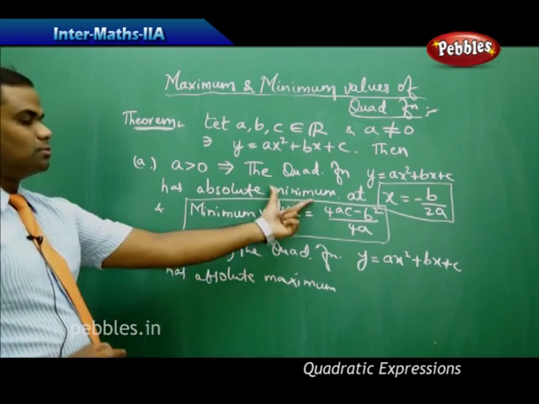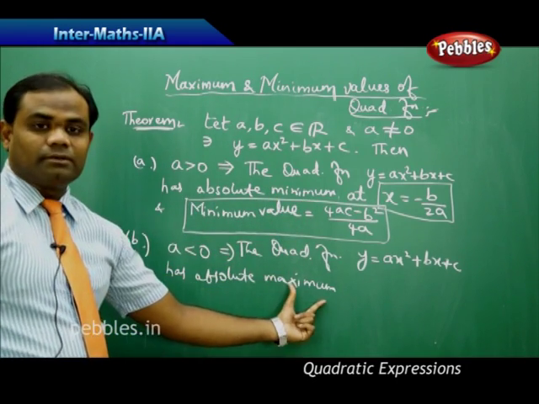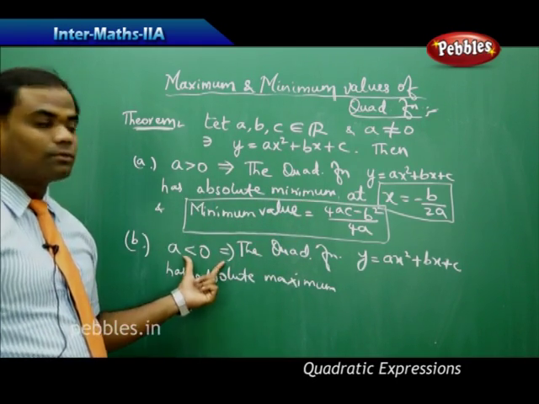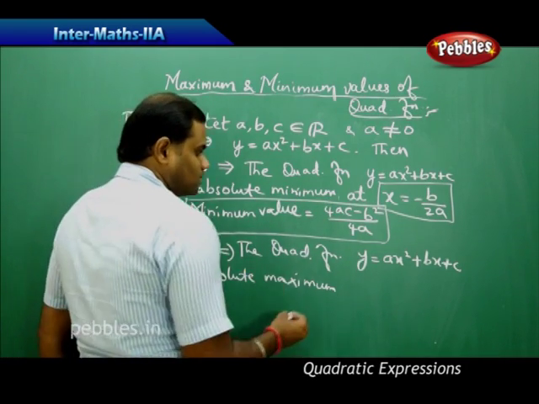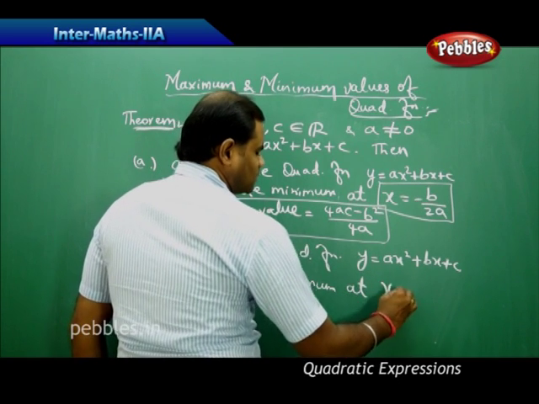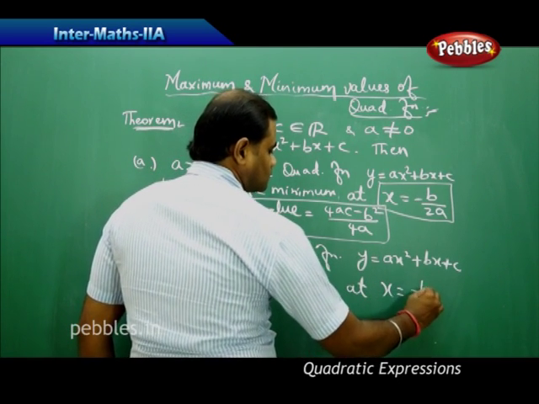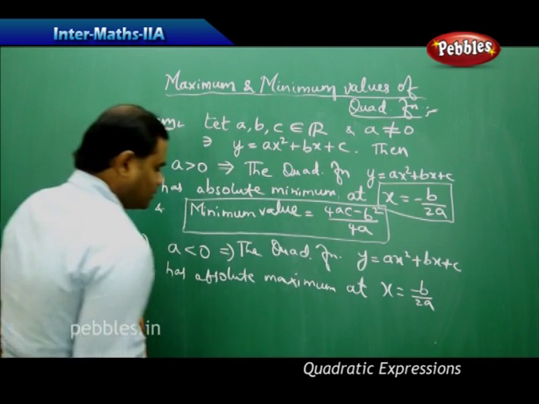Here, instead of absolute minimum, it is absolute maximum for a less than 0 and absolute minimum for a greater than 0. It has an absolute maximum at x equals minus b by 2a,